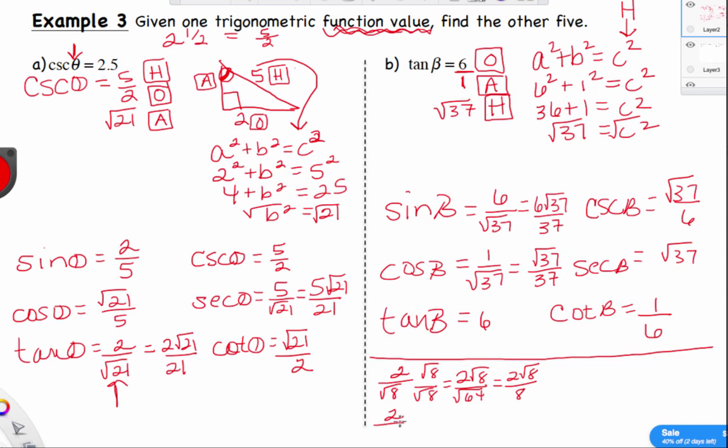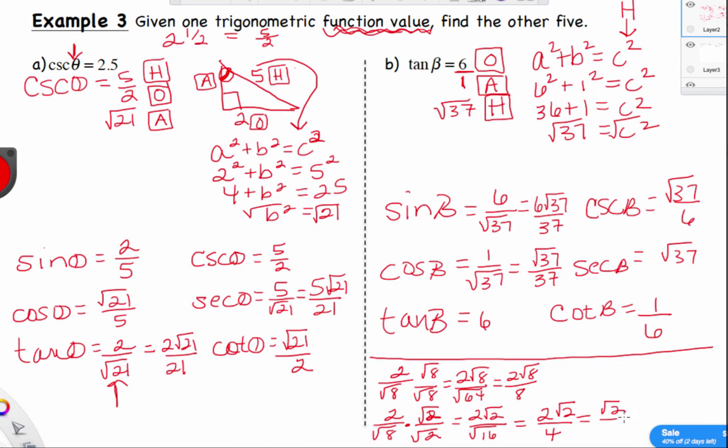There's another number that I could use that actually would give me a perfect square that I can square root. I could pick a 2 instead. I can multiply by root 2 over root 2. In my numerator, I get 2 root 2. In the denominator, I get the square root of 16. And the square root of 16 is going to be 4. And then this would simplify further into